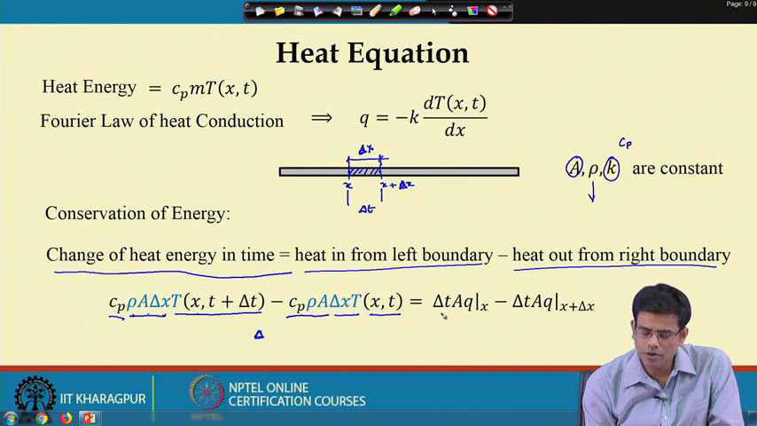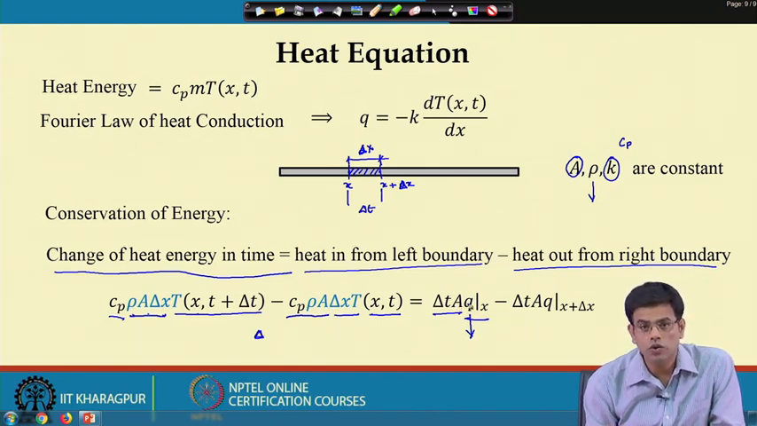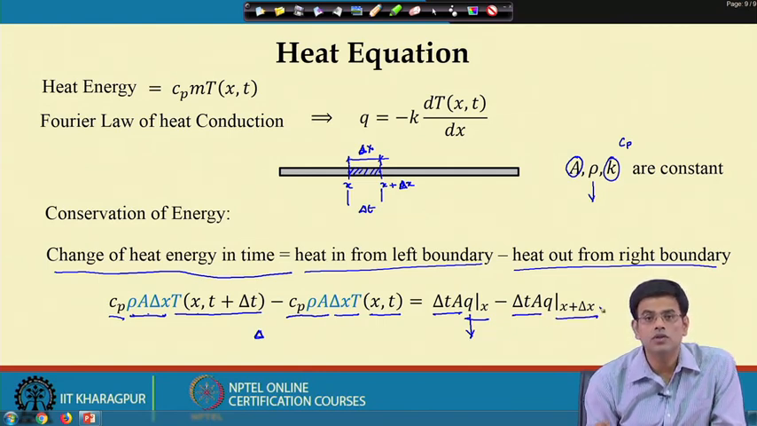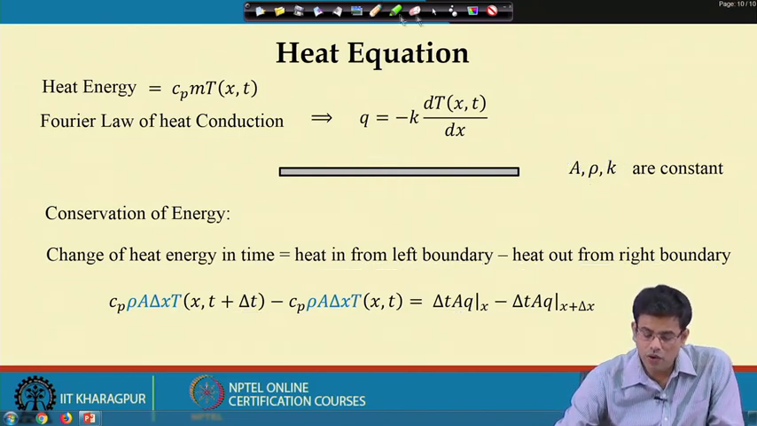So, heat from the left boundary is delta t A into Kx. So, this is over time. This is Qx, Q at x, where Q is the heat flux. So, total heat is A into Q, as we know from Fourier law. Similarly, delta t A Q at x plus delta x, which is again from the Fourier law. Now, if I expand it and use our